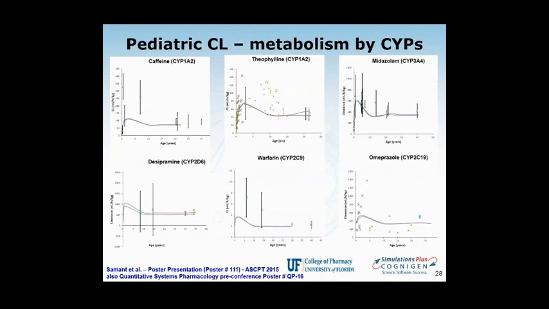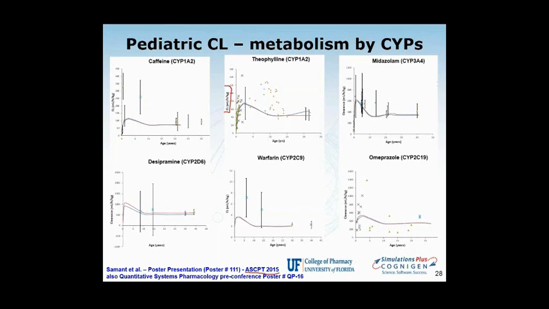And here is the summary of the results. And again, this was published or presented in a poster a few months ago at the ASCPT meeting. And these are the summaries for the specific substrates for the 5 different CYP enzymes. And you can see the performance was overall pretty reasonable. There are some enzymes where the clearance was underpredicted. Let me back up here a little bit. It's a little bit more difficult to find the full CP time profiles in the literature, especially for all the pediatric groups, but it's easier to find the reported clearances.